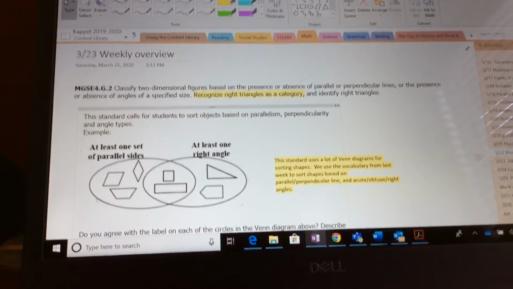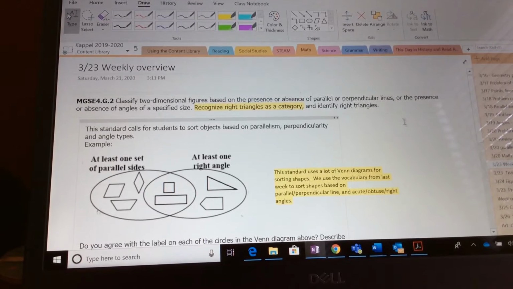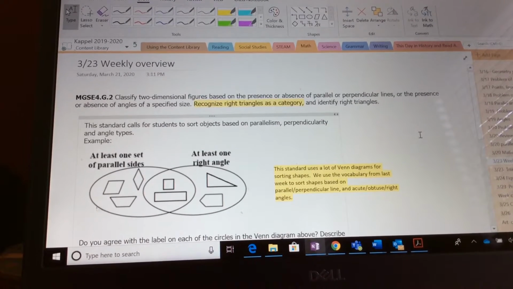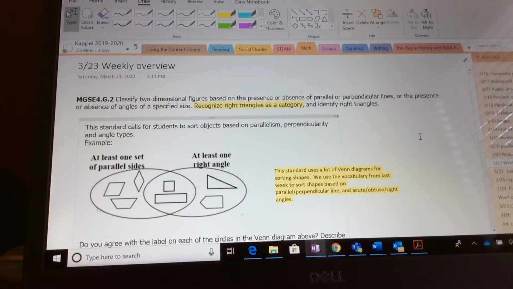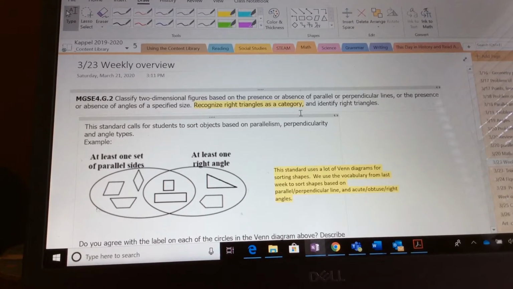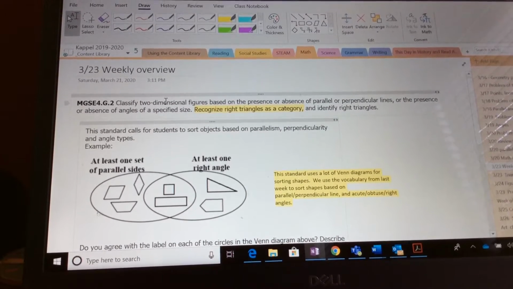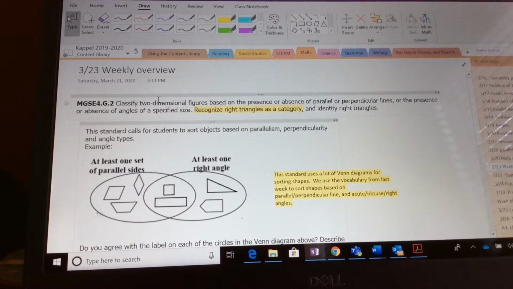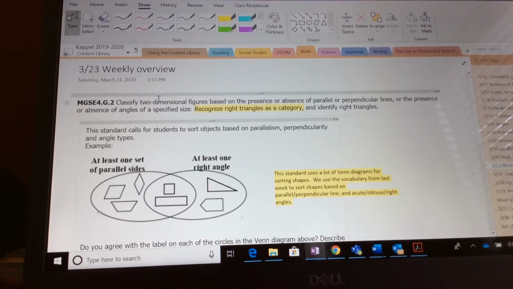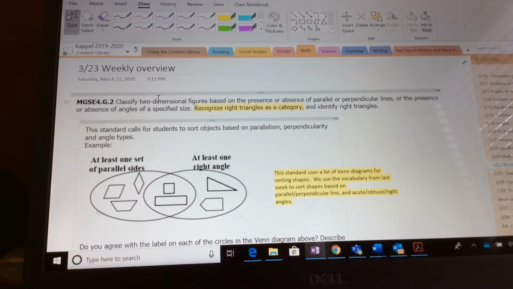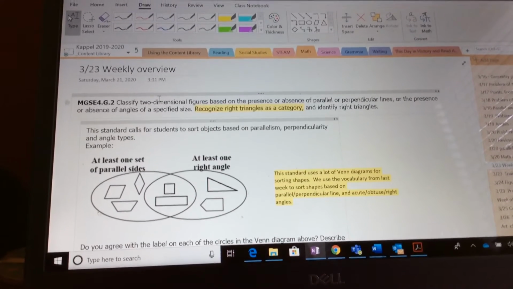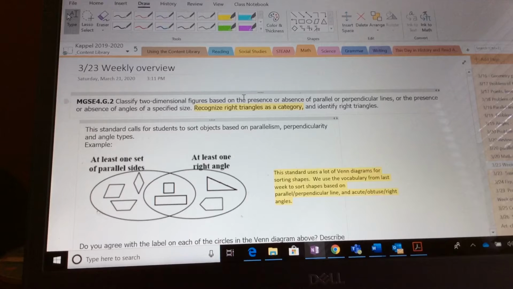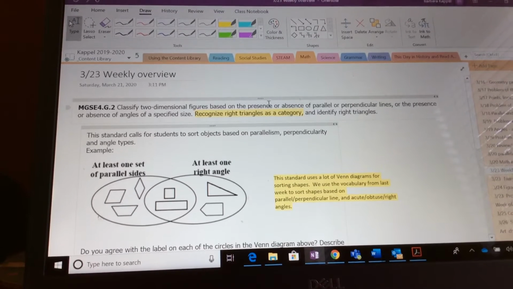that we learned about. You can see here in your OneNote notebook, it's called 323 Weekly Overview. Our standard says that we're going to classify two-dimensional figures, and this was based on that pretest from third grade. Remembering your shapes like pentagon and octagon and hexagon and all those gons. So we're going to classify those figures based on the presence or absence